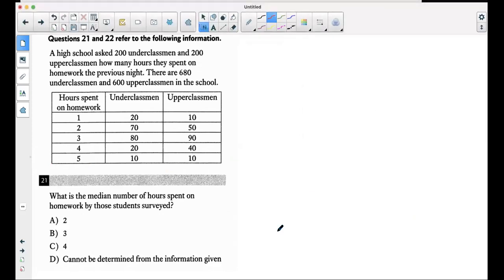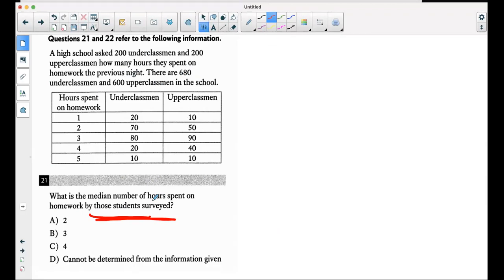So here, at a high school, they asked 200 underclassmen and 200 upperclassmen how many hours they spent on homework the previous night. There are 680 underclassmen and 600 upperclassmen in the school. All right. What is the median number? Median is the middle number of the hours spent on homework by those students who were surveyed. So basically that means we're talking about everybody,